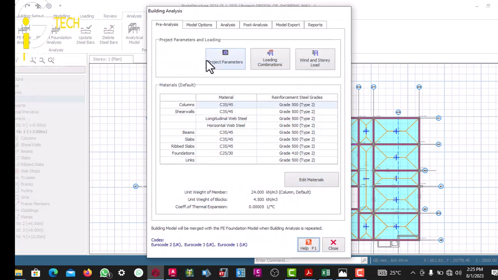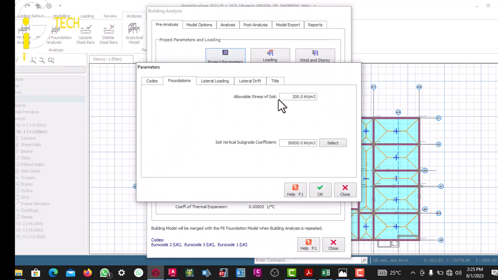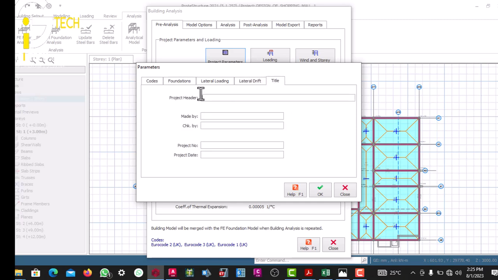So you click on analysis, you go to project parameters. Here you insert the allowable soil bearing capacity from your soil report. So for this design we are using 150. Then you click on project title. So this is where you insert the title of your project. So for instance, proposed design for shopping